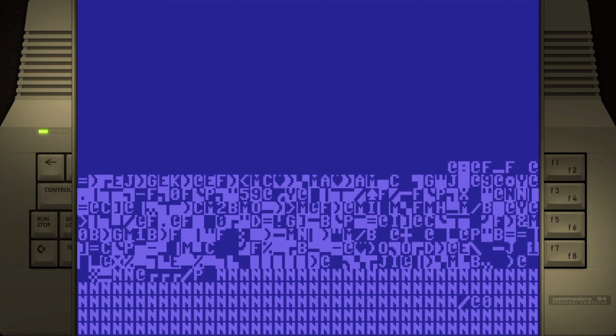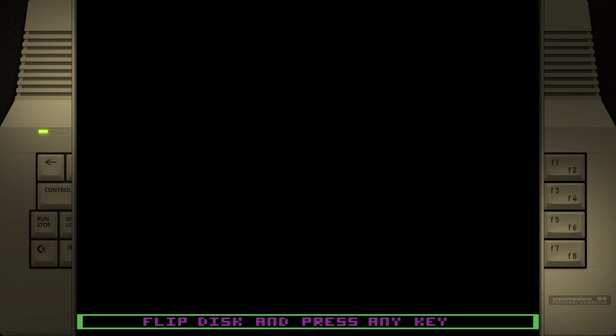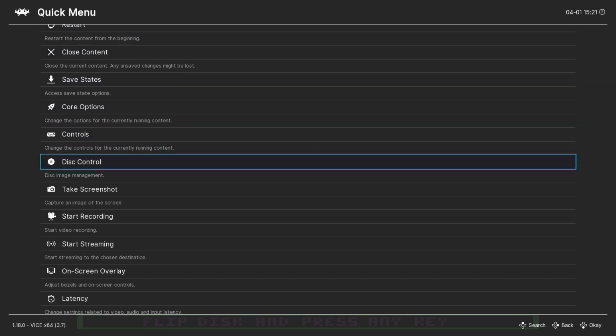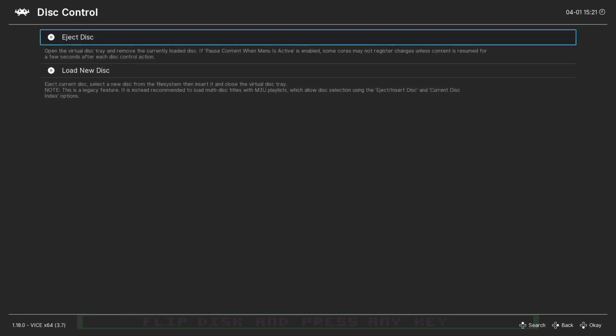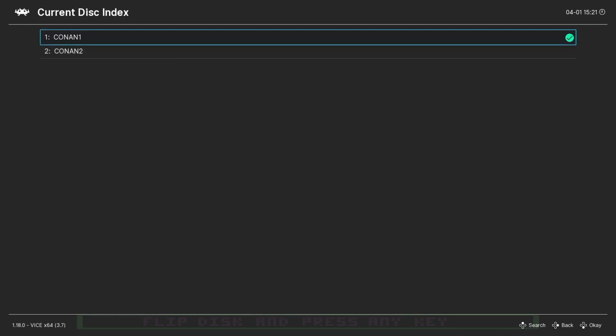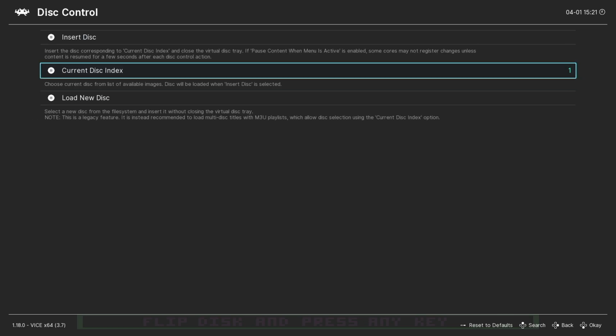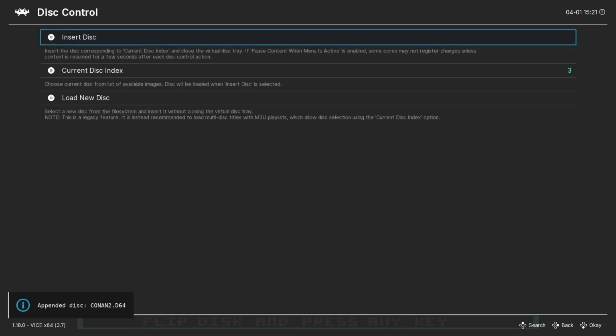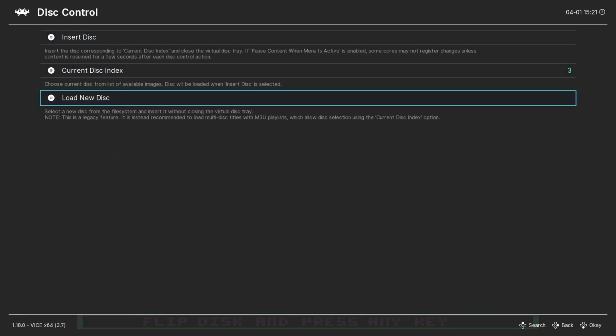So here is the cracked game, and that's the loading the data, and then it will ask you to flip disk and press any key. So what I do is I press the hotkey and X, and then this allows me to go down to disk control here. Once I enter disk control, I can eject that current disk and then load a new disk. So I eject Conan 1, right? And then I load a new disk, which is Conan 2, and that would allow me to